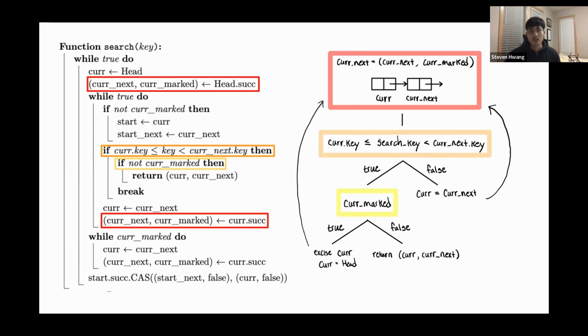And if this is false, then we're at the wrong location of the linked list, and we set cur to cur next to iterate further down the linked list. If this condition is true, then we next determine whether the current node is marked. If it's not marked, then we return the cur and cur next as the left and right nodes. Otherwise, if it was marked, then we excise the current node, and we set current to head, and then restart